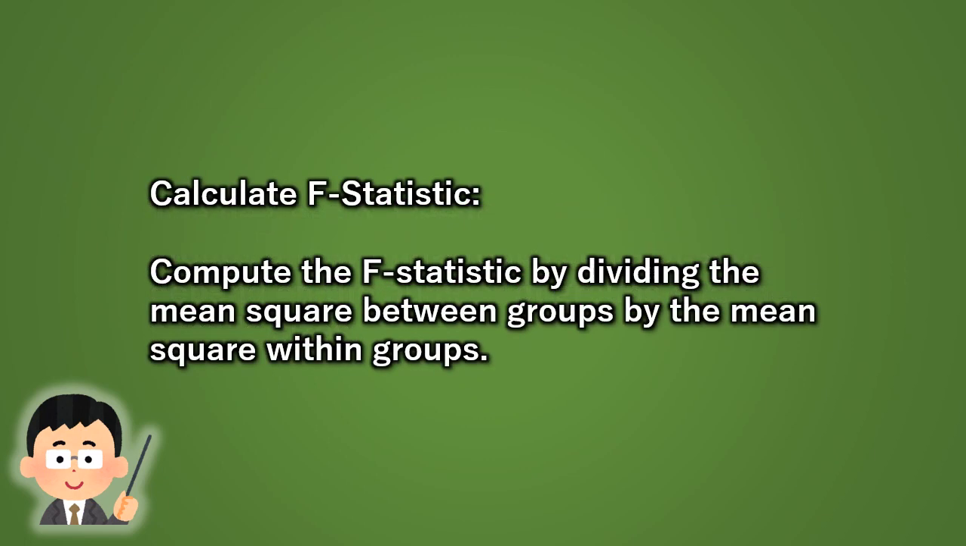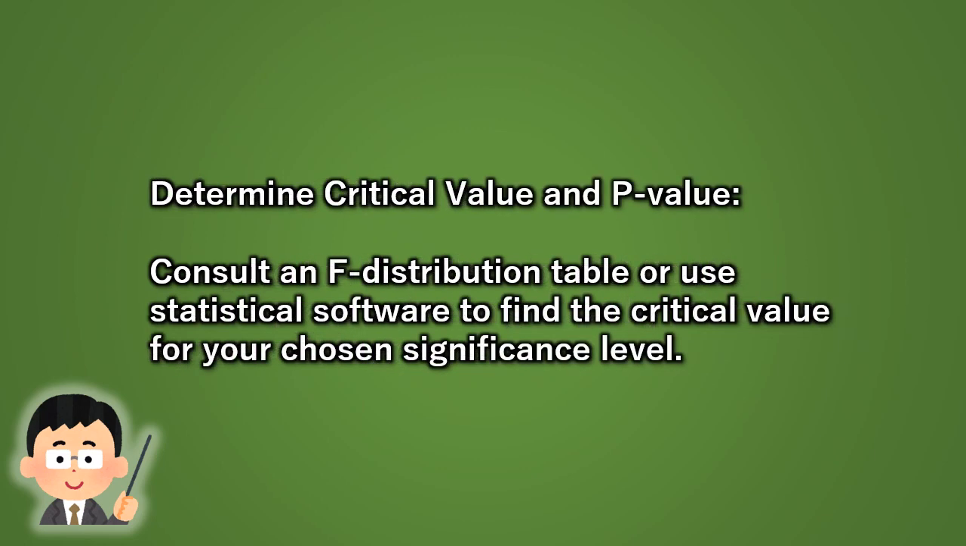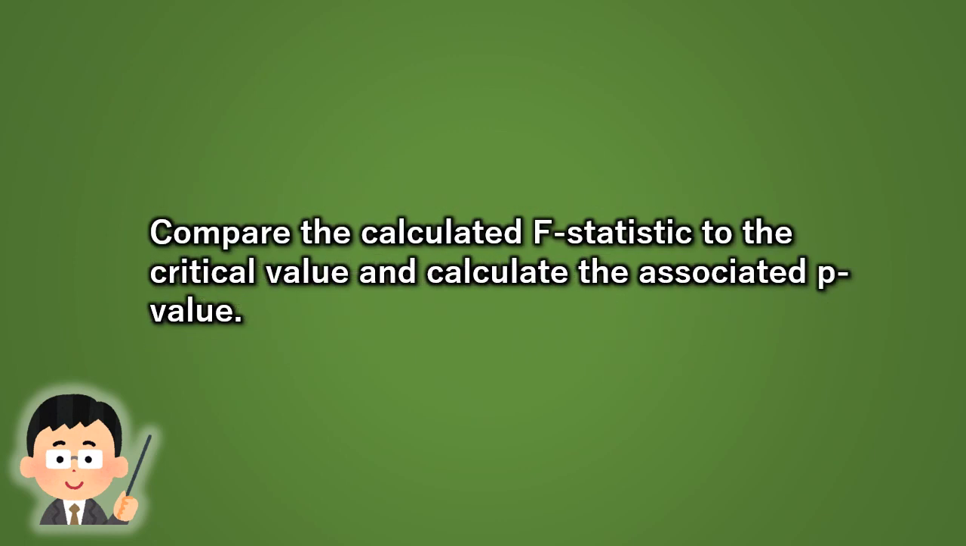Calculate F-statistic: compute the F-statistic by dividing the mean square between groups by the mean square within groups. Determine critical value and p-value. Consult an F-distribution table or use statistical software to find the critical value for your chosen significance level. Compare the calculated F-statistic to the critical value and calculate the associated